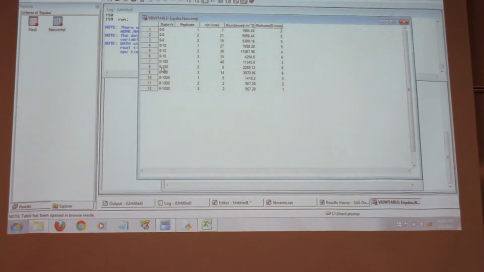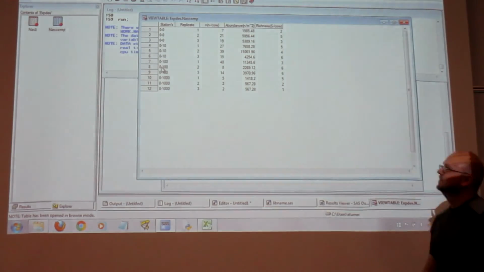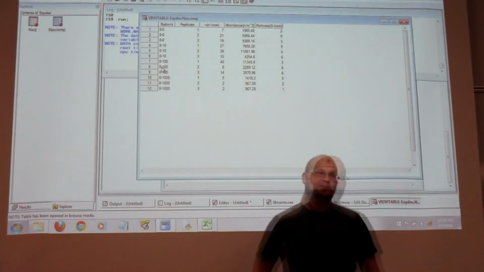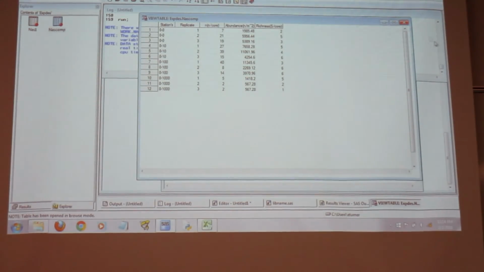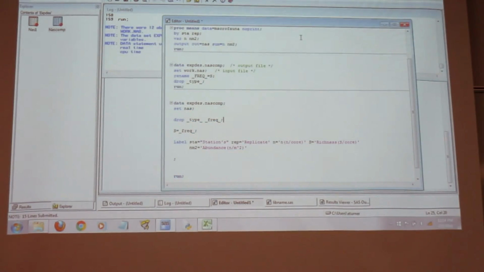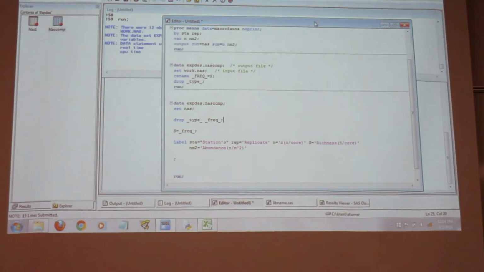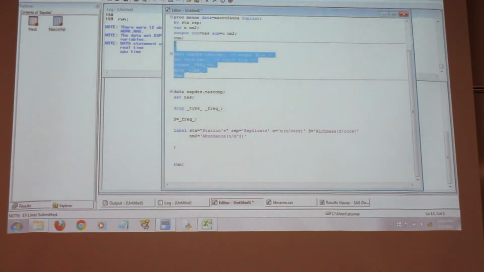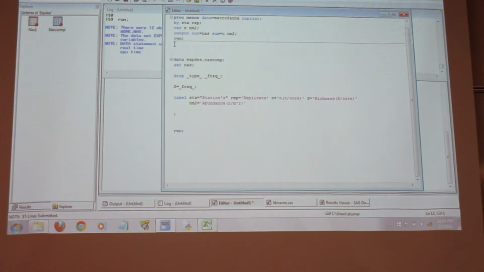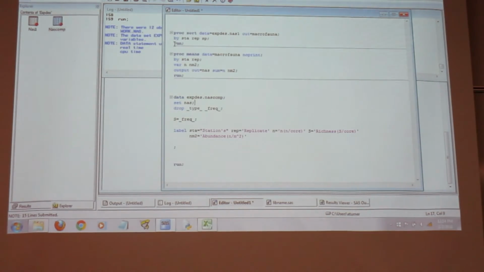Okay. And now we can print stuff. We can now get to the printing part. Because it's pretty, it's got our labels in it, it's got everything we want, right? Okay. So what I'm going to do is I'm going to actually delete this. Make it look a little bit prettier.